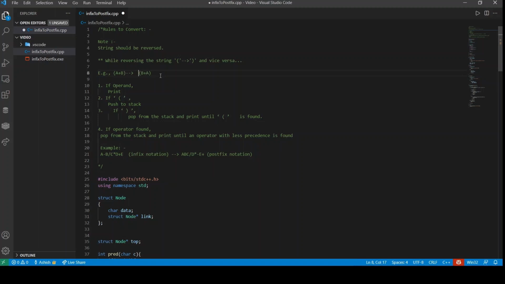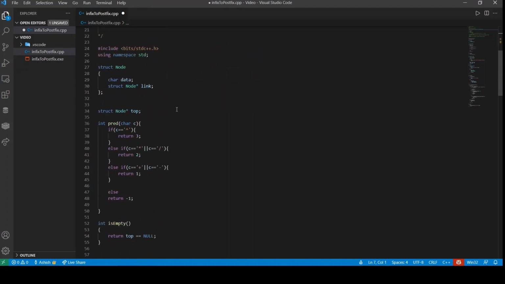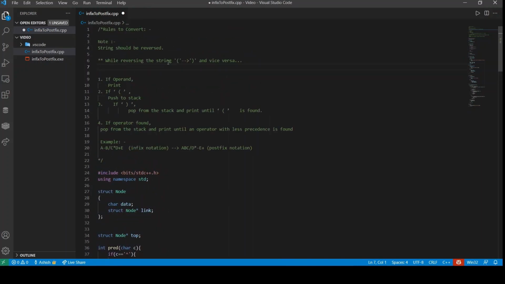So this is one major thing, that after getting the reverse of the string, we have to consider the brackets as this. So instead of converting the brackets into one another, we could simply make one change in the code, assuming that the open bracket is close bracket and close bracket is open bracket. We could simply overcome this problem, right?